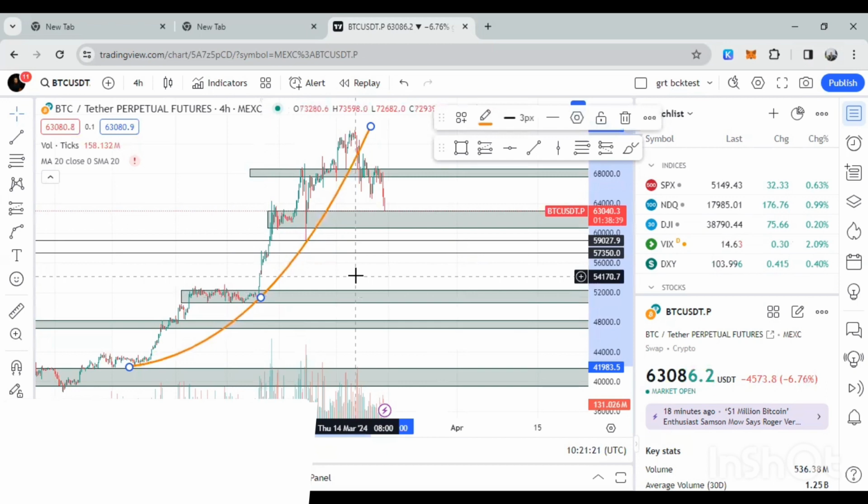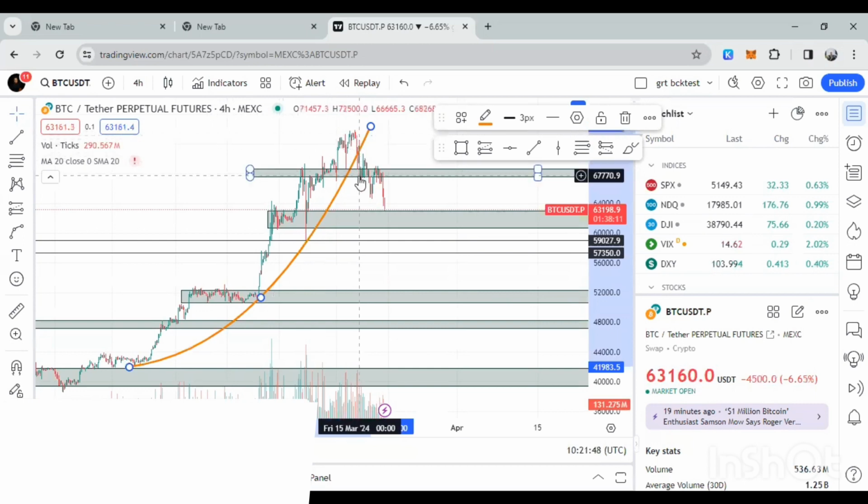Now, if you look at this parabolic curve, you would see that Bitcoin was pumping very, very high once it touched this curve. Here we saw a little retracement to the side, like a sideways movement. And then once it hit this parabolic curve, we went up, up, up, up. It created another zone here, went up again, then touched this parabolic and went to create higher prices.